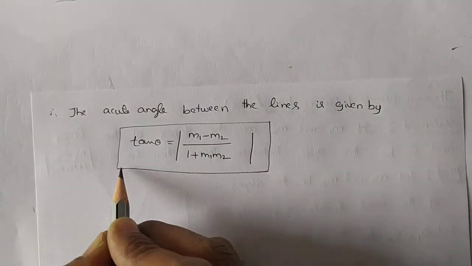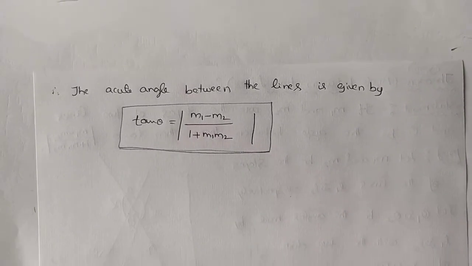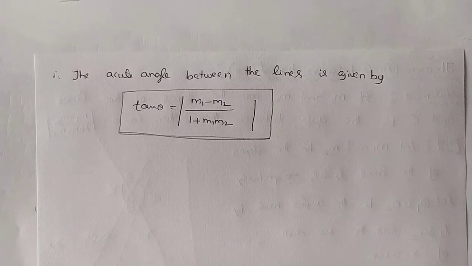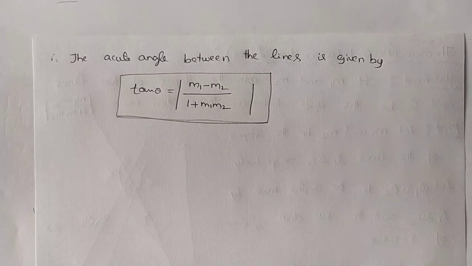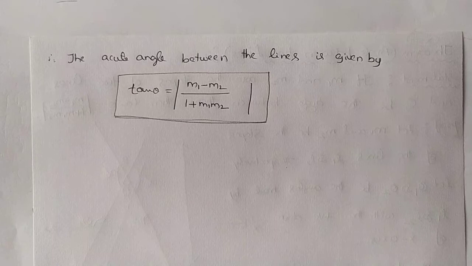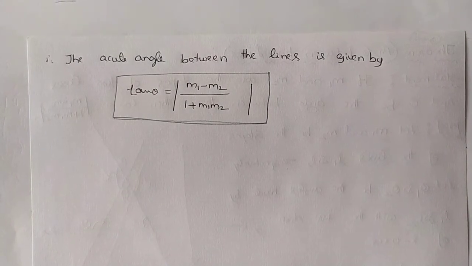And also, it is the theorem for 5 marks, a very important one. Make sure you practice it 3 or 4 times, and you may become perfect. 100% there will be a theorem in straight lines. We will have some more theorems, and those are also important, so you have to give preference to this theorem also.